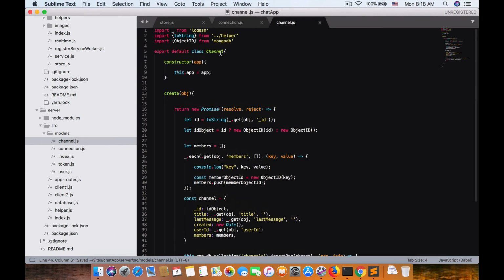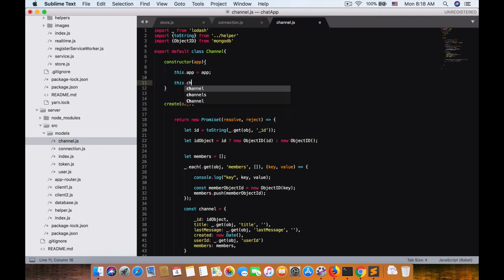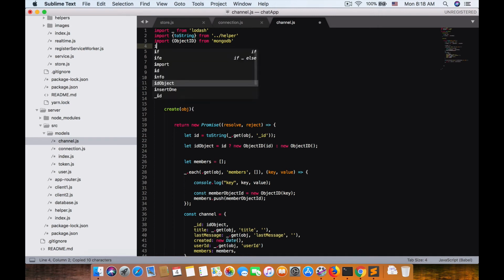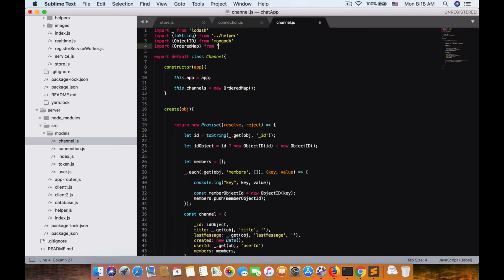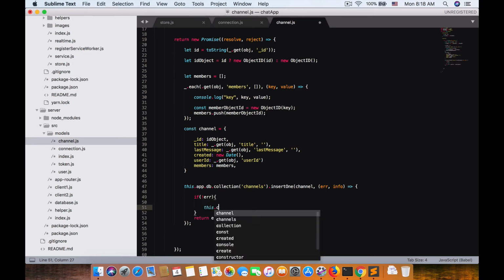We got a new channel class, initialized and created, and I'm going to cache this channel by this.channel, and cache channel collection to be new OrderedMap. New OrderedMap, we have to import it from Immutable. Import OrderedMap from Immutable. Right, so we got channel, and when we add a new channel right here, after insert we can check if not error,